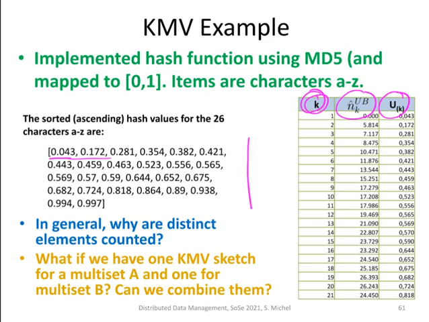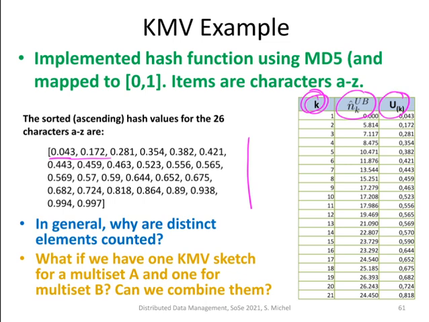First of all, why are distinct elements counted in general? It is because you do not consider multiple hash values mapping to the same hash function output. You're dropping that, you're not considering it. So naturally it is counting the distinct elements.